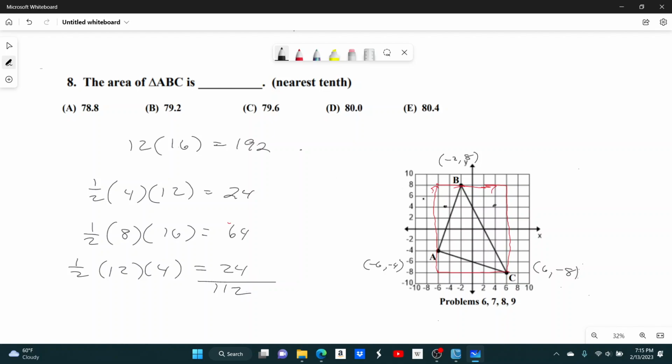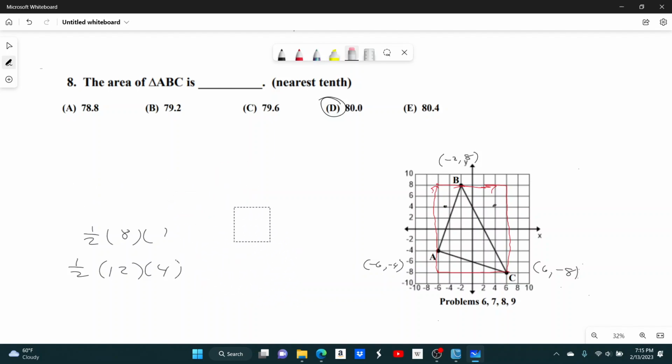And so then we take the full rectangle area, subtract out the areas of these triangles that we don't want. You get 192 minus 112 equals 80. And that's answer choice D. All right, now I'll show you the other way. And actually, while I was talking, I thought of a third way that I'll show you just in case it comes in handy. All right, the next way to do this problem is with what's called